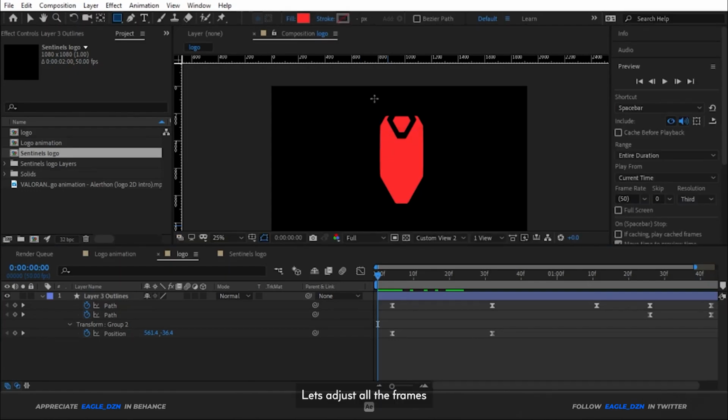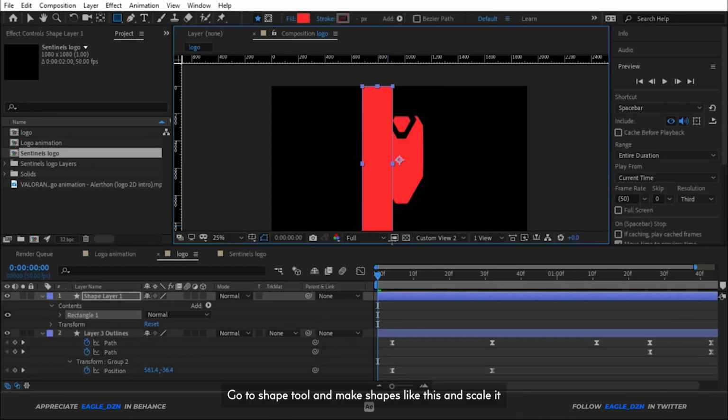Let's adjust all the frames. Go to Shape tool and make shapes like this and scale it.